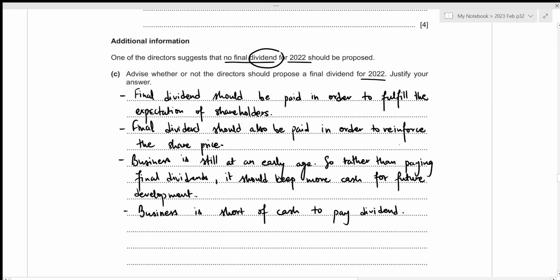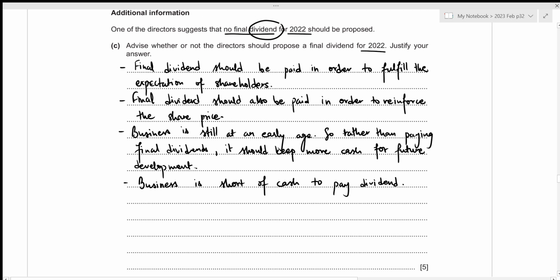Now, based on these factors, we need to advise the directors whether or not they should propose a final dividend for 2022. Since the business is in a very early stage and there is shortage of cash, I would suggest the directors not propose a final dividend and rather gather all of the cash for any sort of future developments. Let's write down the decision clearly. The directors should not propose a final dividend